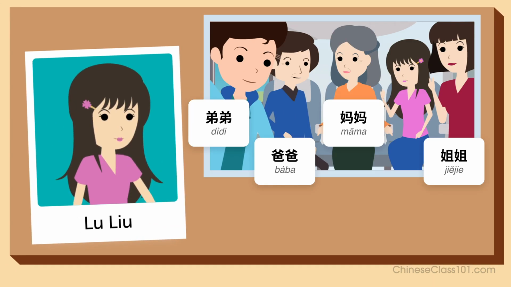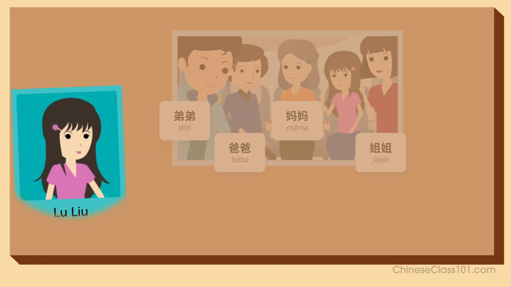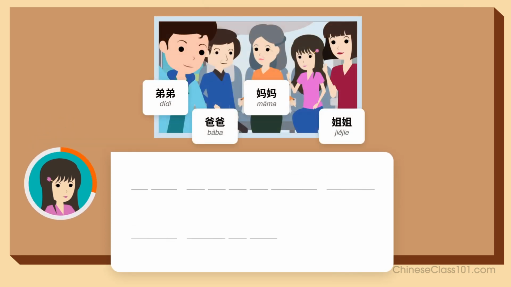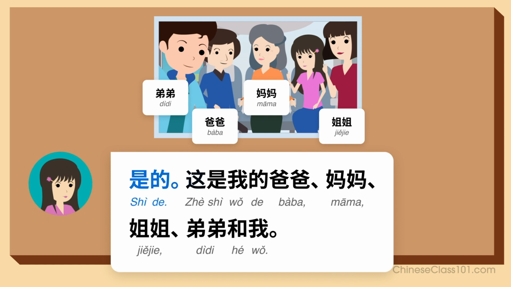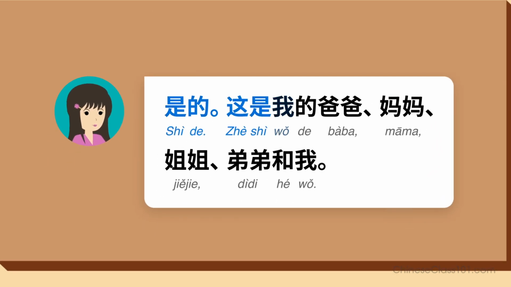Let's try one more. Imagine you're Ben's classmate and language exchange partner, Lou. You have a father, mother, older sister, and younger brother. Ready? 这是你的家人吗？是的，这是我的爸爸妈妈、姐姐、弟弟和我。Listen again and repeat. 是的，这是我的爸爸妈妈、姐姐、弟弟和我。